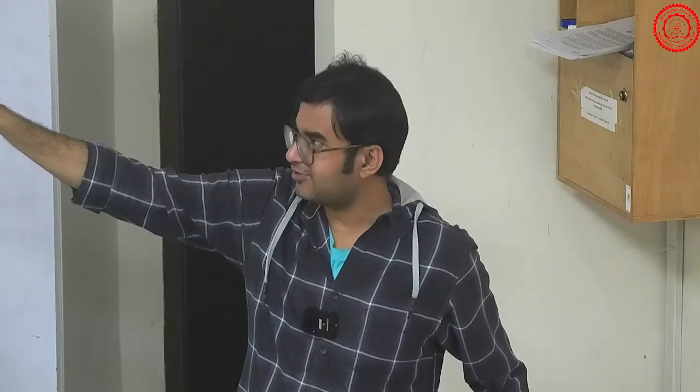So let me repeat. The generator will try to generate data that seems to the discriminator like it is coming from actual data, which means the generator is trying to fool the discriminator. Fooling the discriminator means it is not able to classify. Not being able to classify means the loss, or in this case the likelihood, which was supposed to be maximized, should now be minimized. So when you are training the generator, this should be minimized. But when you are training the discriminator, then what should happen? This should be maximized. So generator training, minimization; discriminator training, maximization.